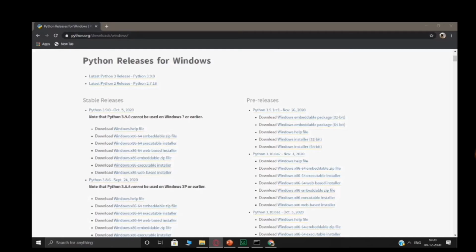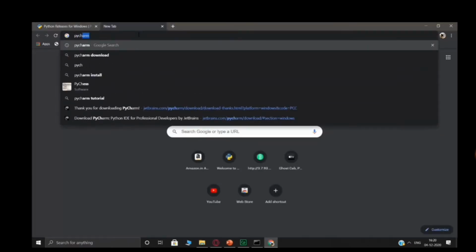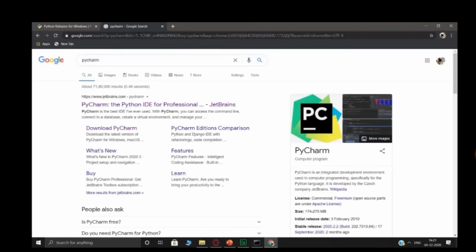There are many examples of a Python IDE, but the Python IDE that I prefer using is PyCharm, and this is one of the most popular ones right now. Earlier there used to be Notepad++, which was used heavily. So there were many other options available. Even Visual Studio Code could be used. But nowadays people are moving to PyCharm.